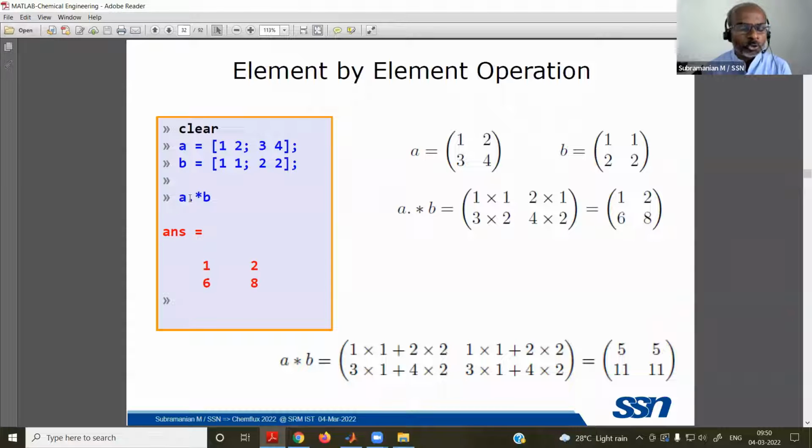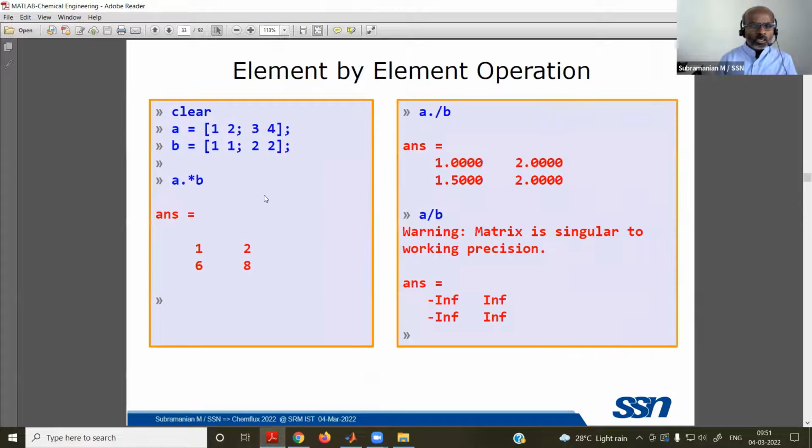So that rule is normally taken. To instruct MATLAB not to do matrix multiplication or matrix division, or to get element by element operation, we need to use dot prior to the operator. In addition to multiplication and division, we also have other operations like taking the power, the exponent, which also requires you to use dot. That and all you can explore later, no problem.